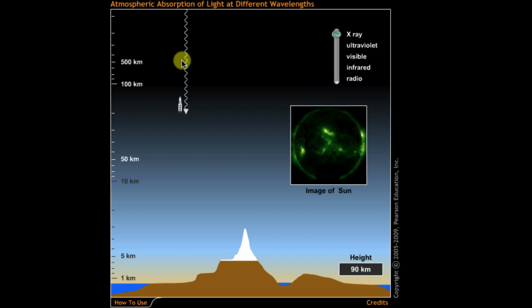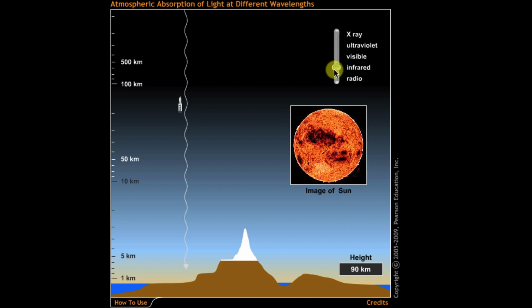And so we do have orbiting spacecraft that are constantly monitoring the sun, looking at the X-rays the sun gives off, and visible light and other wavelengths as well. So you can play with this, and you can check other wavelengths, like if I want to go to, say, infrared, for example. Here's an image of the sun in infrared light. Infrared penetrates pretty far down. Might not penetrate all the way down, but it penetrates pretty far down.